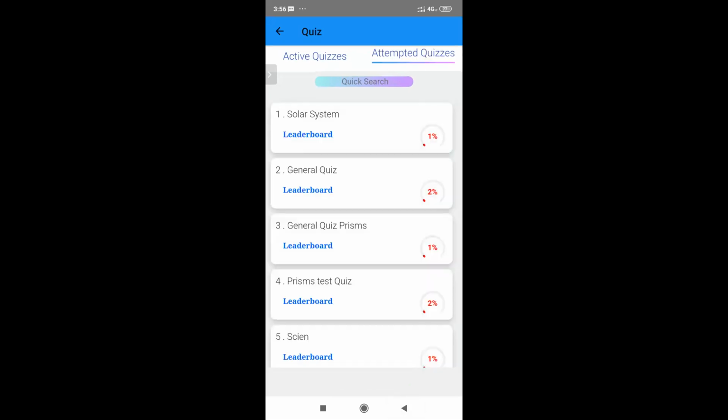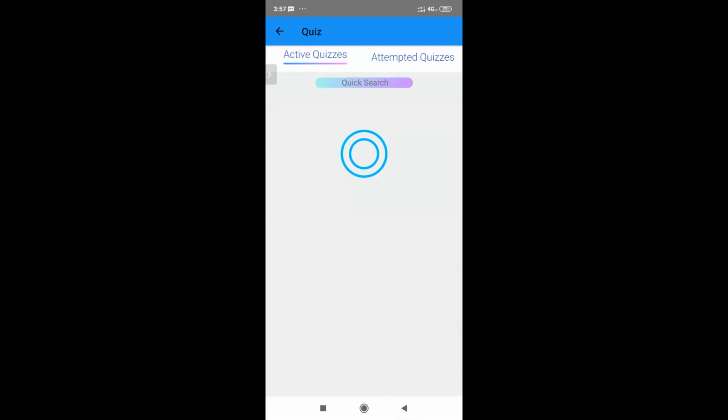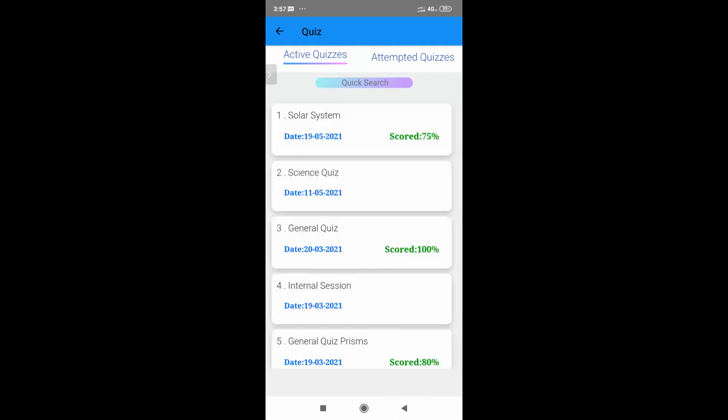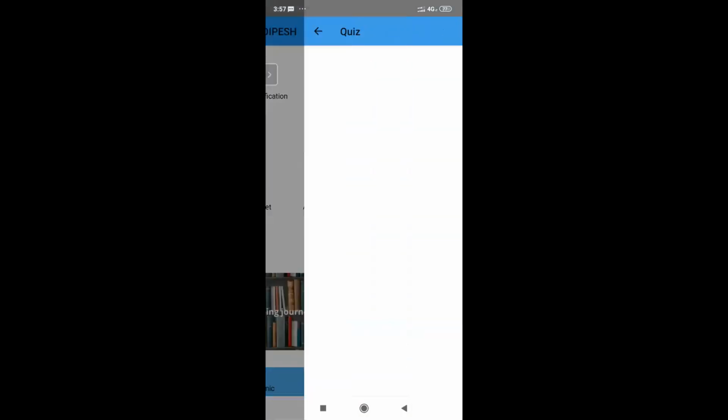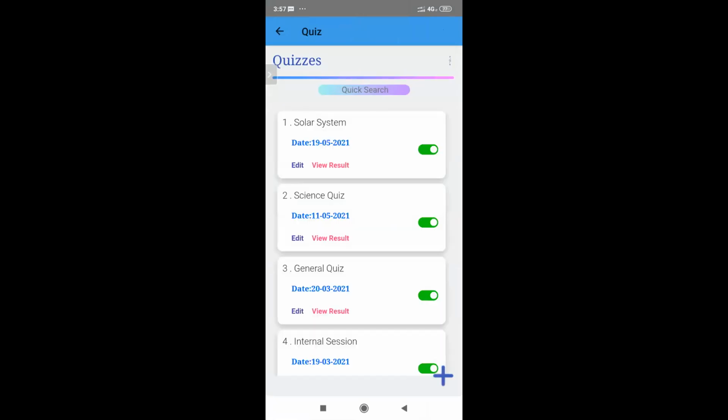Okay. So that's about how teachers can create quizzes and how the children can easily solve the quizzes. So if you have any queries regarding quizzes, you can ask. There's one part remaining on the teacher's side, that is for every quiz that a teacher takes, she also can see the result of that particular quiz.